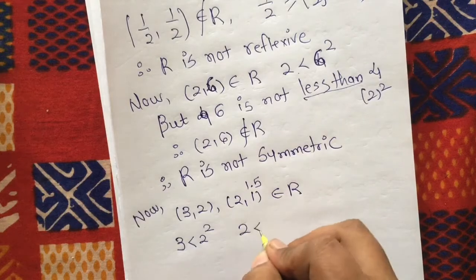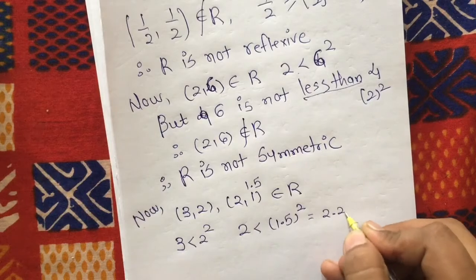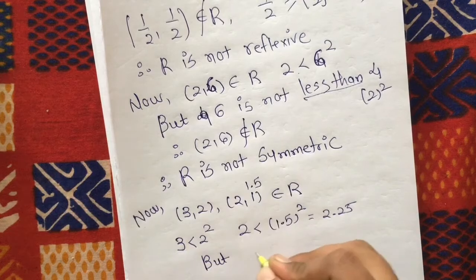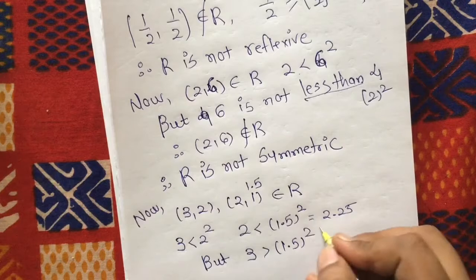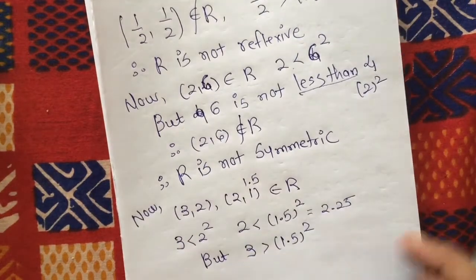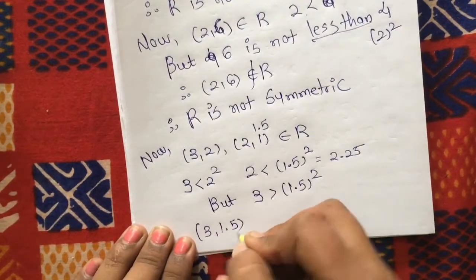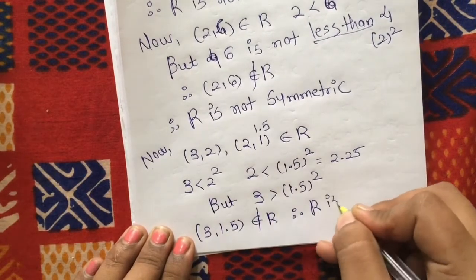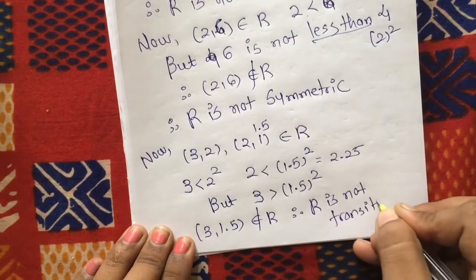So 2 is less than (1.5)², that is 2.25. Okay, but 3 is greater than (1.5)². 2.25 से तो 3 क्या है, बड़े है. That's why (3, 1.5) does not belong to R. Therefore R is not transitive. Okay,